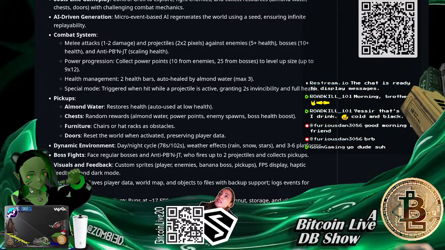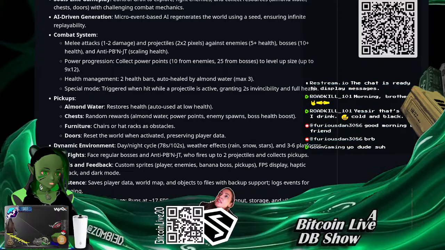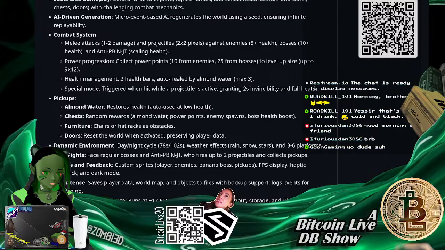All right, so basically what that means is when you shoot your gun and you're controlling the bullet, you have 2 seconds of time where, if you get hit in that 2 seconds, you get full health for it. So when you're going against the main boss, if you aim your shots right and you shoot just right after him, you can get to where his bullets sometimes give you full health.